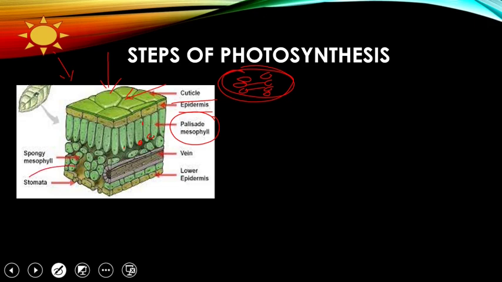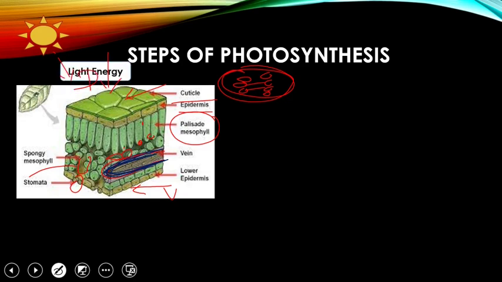Then you can see these are spongy mesophyll. Why are they called spongy mesophyll? Because there are large air cavities. They are like a sponge. Air cavities are there. And this is the lower epidermis on the ventral surface of the leaf. The upper surface is called the dorsal surface. The dorsal surface faces the sun. The ventral surface is below. And you can see the openings present here on the lower epidermis, which are called stomata. Stomata are surrounded by guard cells, and here you can see a label called vein. What is this vein? This is nothing but the vascular bundle having the xylem and the phloem. So this is the structure of the leaf.